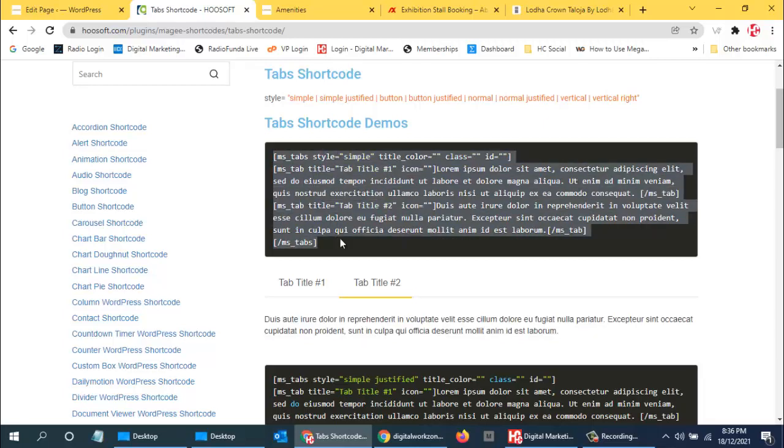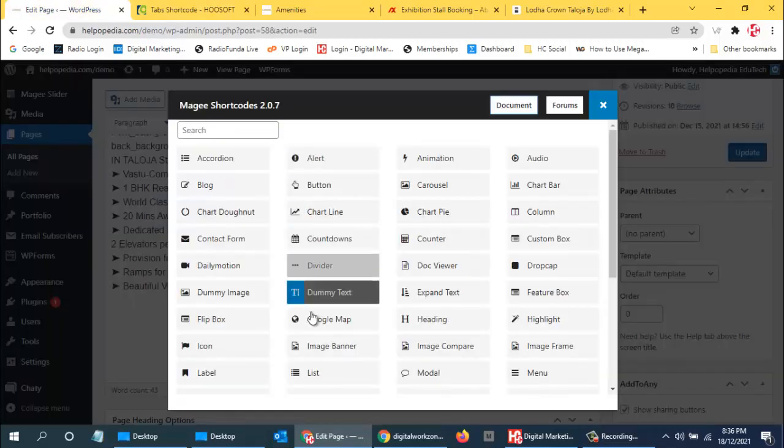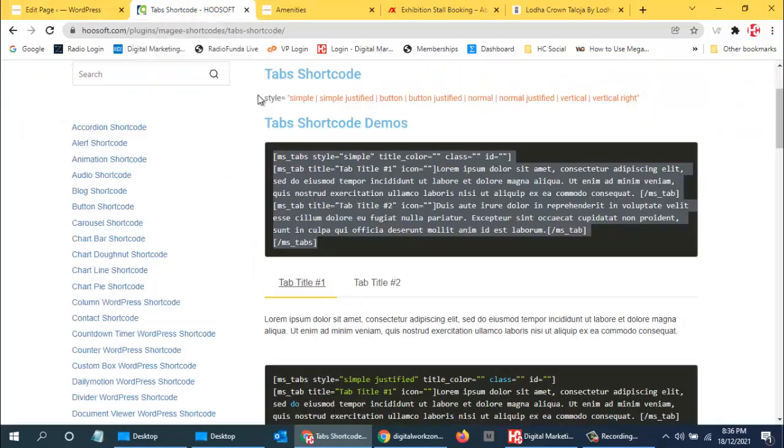Then you can have this over here. Or else if you don't want to do this, you can directly use whatever you want from there. So that was tabs. So over here we have tabs.